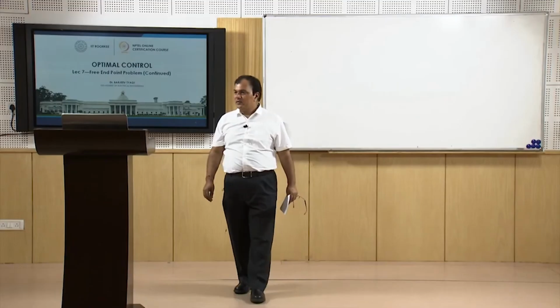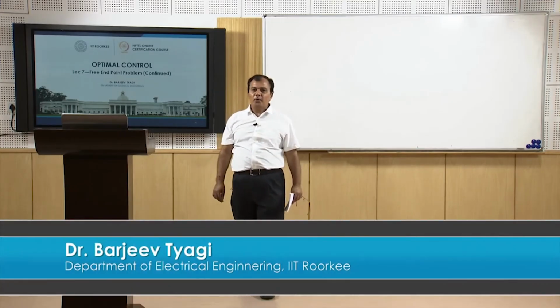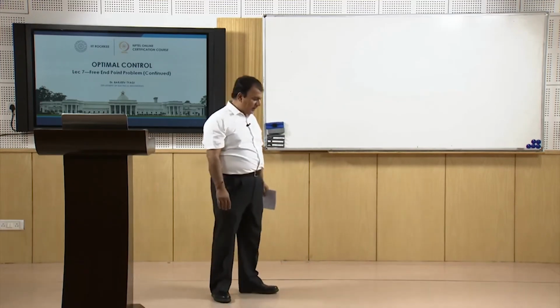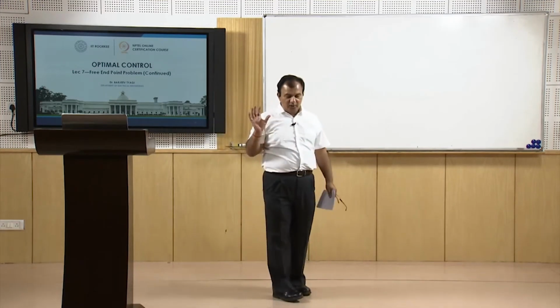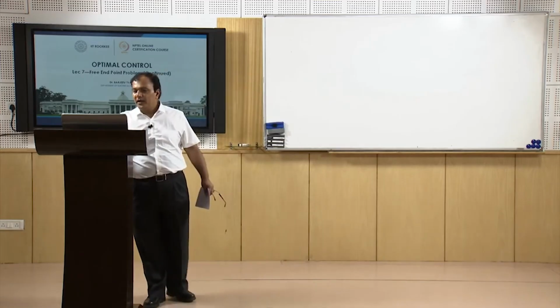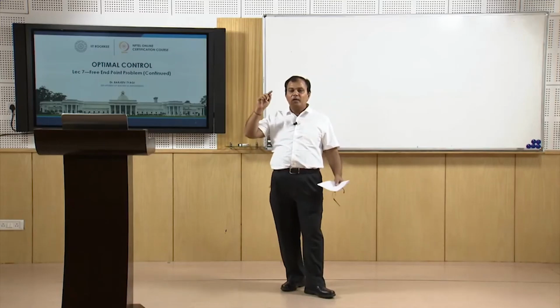Okay, welcome friends. In this class we will continue our previous class discussion, which was on the free endpoint problem. In the previous class we derived the Euler equation plus the terminal condition, and any free endpoint problem can be defined in different cases as per the variation of delta xf and delta tf. The two cases we have seen in the previous classes: one is the fixed endpoint problem in which